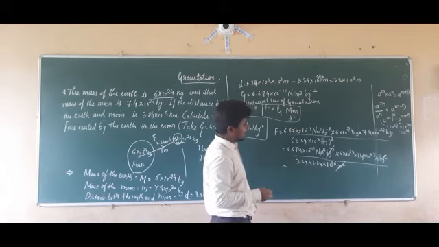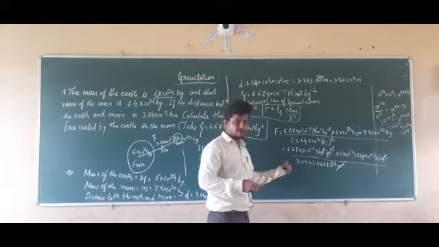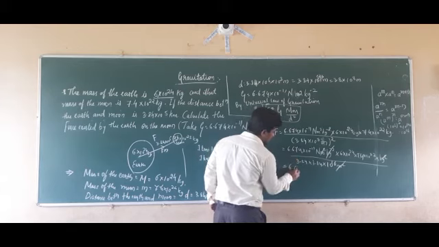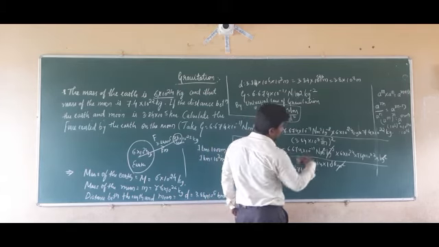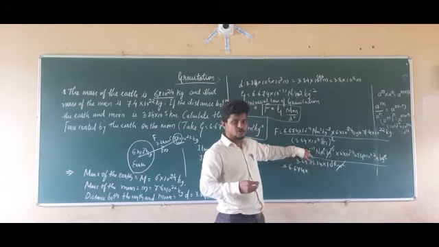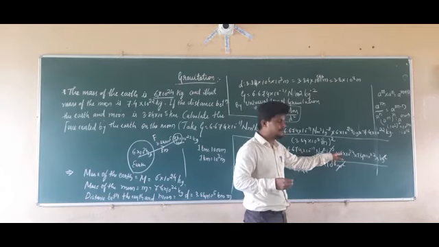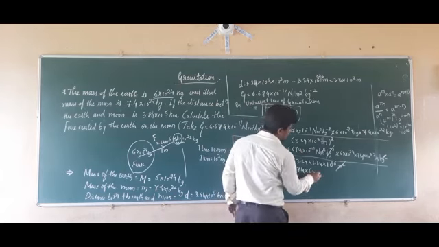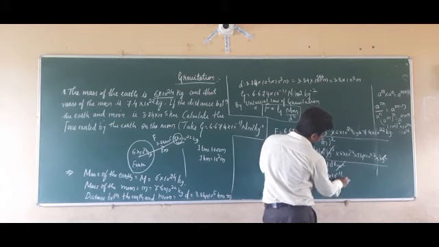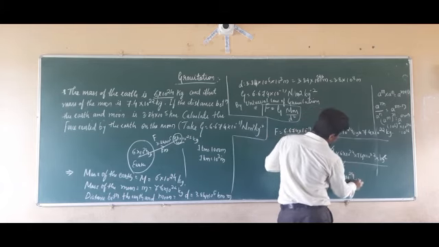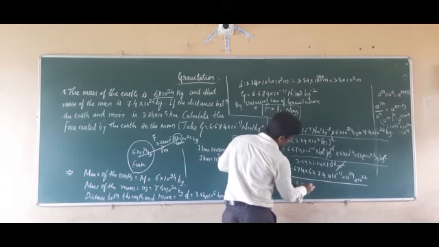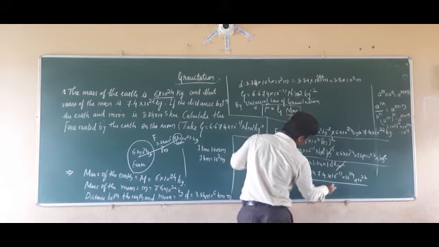Therefore, 6.674 into 6 into 7.4 divided by 3.84 into 3.84, calculate that value. It's a very high value, you have to multiply those things. For that reason, I'm going to take all the values one side and leave the powers of 10 aside, taking the values only. So it will be 6.674 into 6 into 7.4 into 10 raised to minus 11 into 10 raised to 24 into 10 raised to 22, whole divided by 3.84 into 3.84 into 10 raised to 16.